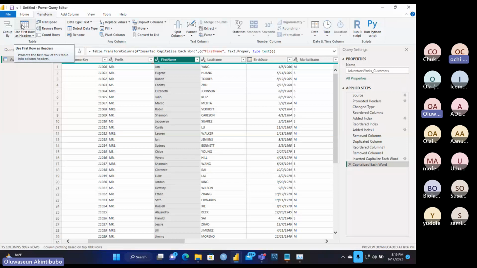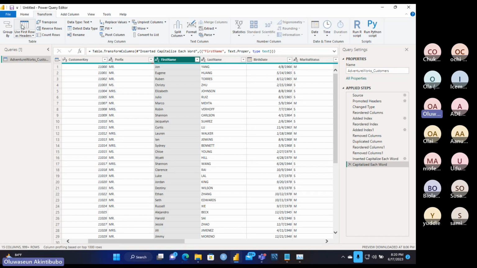I'm trying to load it. No, sir, don't load it in. You are supposed to transform. We're not done with transforming it. You're supposed to click transform. So restart your Power BI and do that. If you have not loaded it in, just transform.